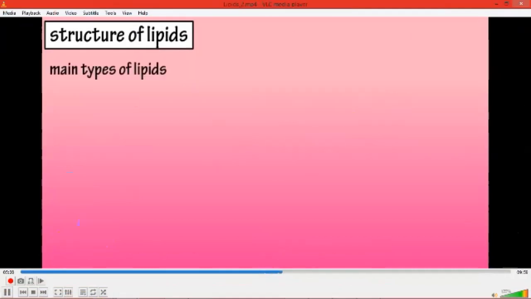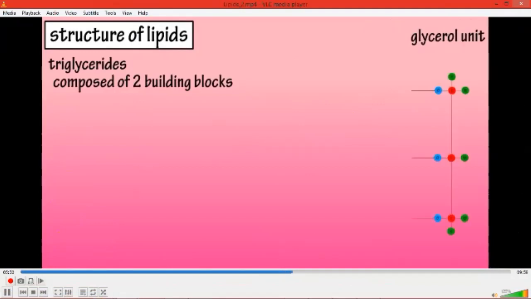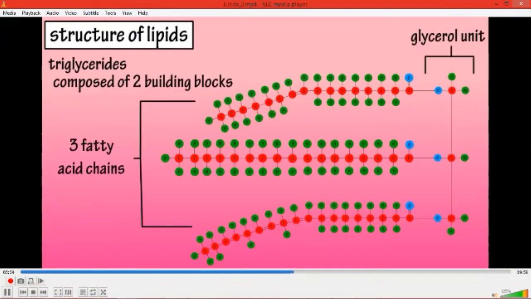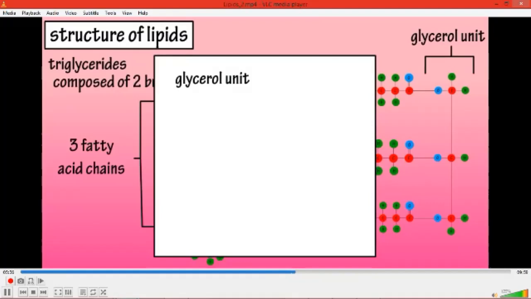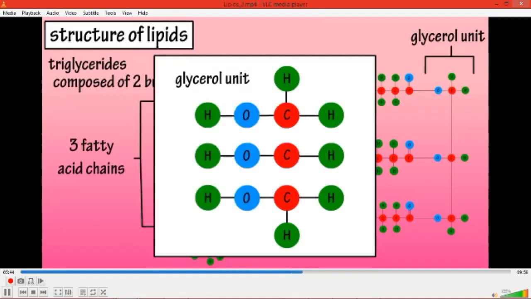The main types of lipids include triglycerides, phospholipids, steroids, and prostaglandins. Triglycerides are the most plentiful lipid in the body, and they're composed of two building blocks, a glycerol unit and 3 fatty acid chains. A glycerol molecule has 3 carbon atoms with 2 bonded to 2 hydrogen atoms and 1 bonded to 1 hydrogen atom. They're also bonded to a hydroxyl group, which is an oxygen bonded to a hydrogen, and the 4th bond being